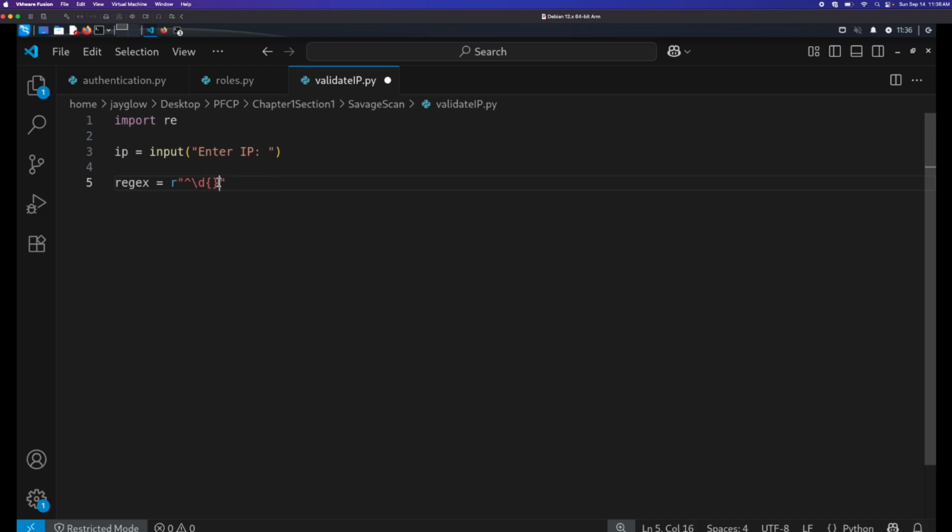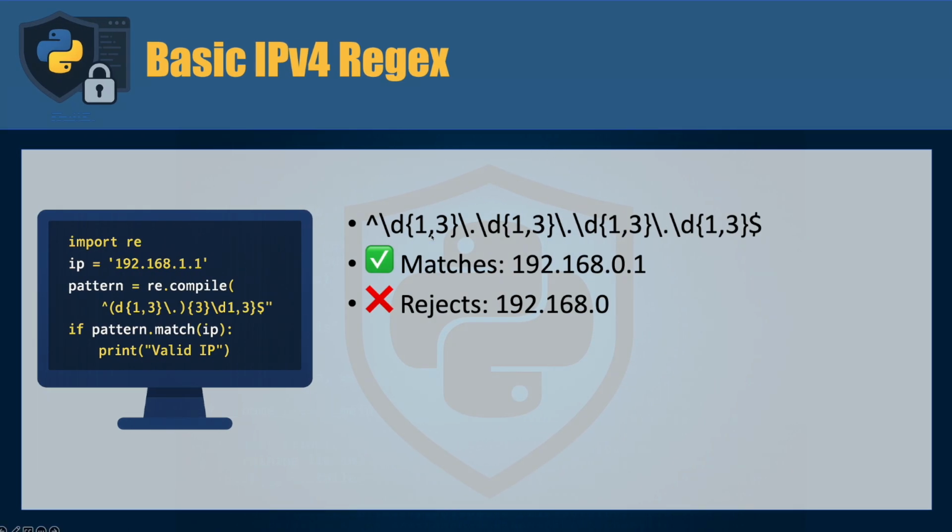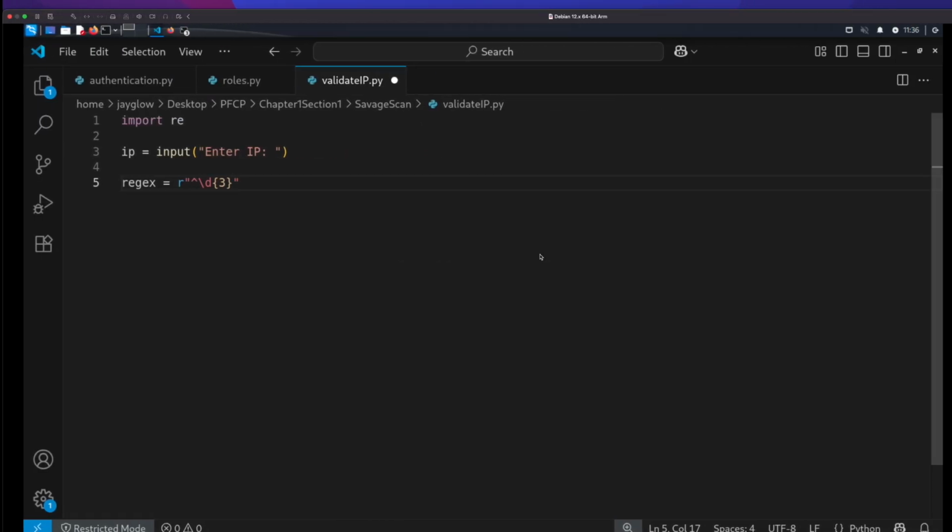So when we use the curly braces, it will repeat the predecessor, this \d, the number of times we put in our curly braces. So up to 3 digits. So 1 to 3, 1 comma 3, we could have 1 digit up to 3 digits,